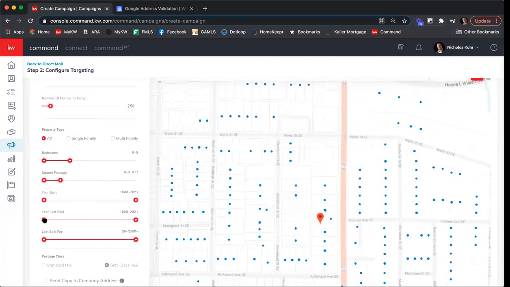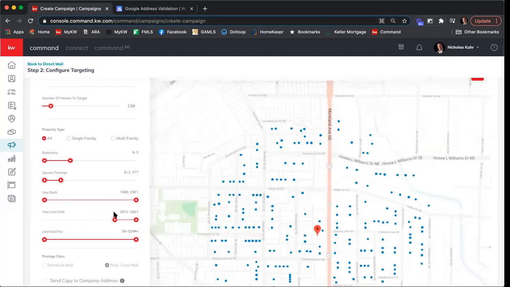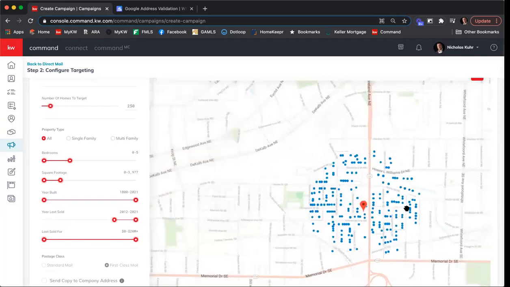Let's do within the last 10 years. So let's do if this was sold between 2011 and 2021. And then last sold for, I'll just leave that as is. So you can kind of see I was able to expand the radius a little bit by adding on those parameters, because I don't think someone's going to want to go from a 7-bedroom house to a 3-bedroom townhome. You never know. But this way I can add a little bit of targeting to really specialize who is going